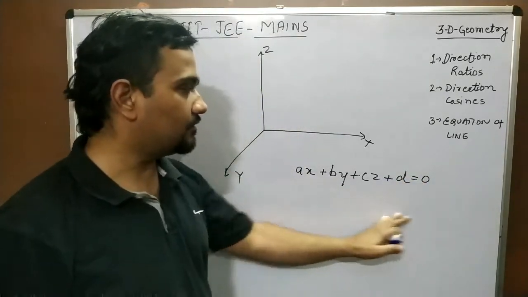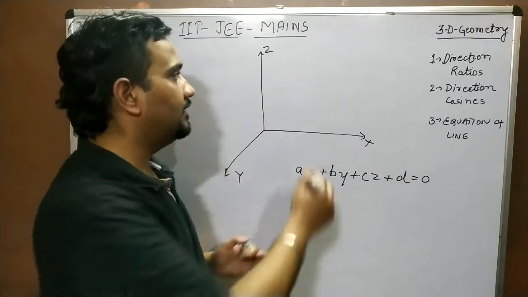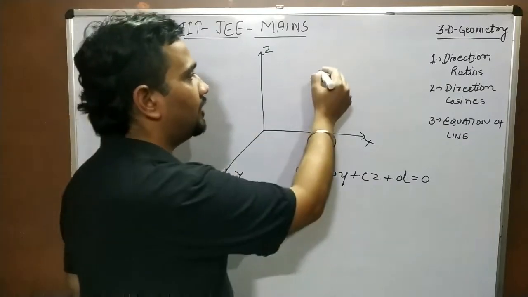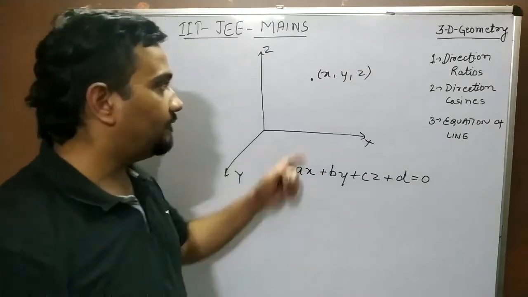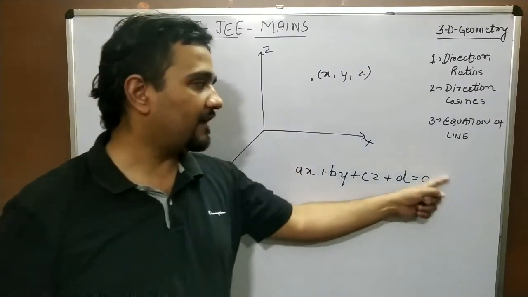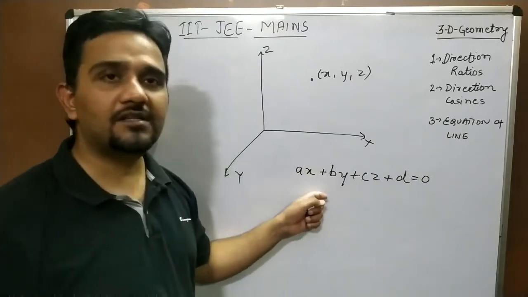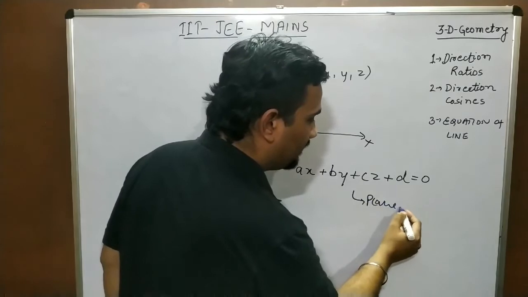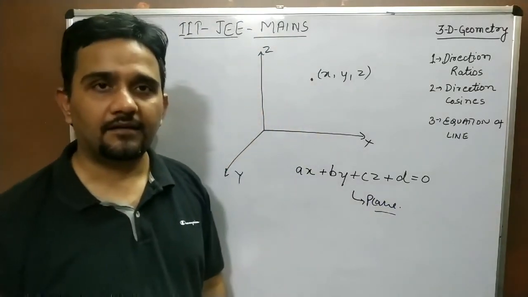So this is the linear equation of three variables, the basic equation that we can make for any point. If this point is there, the coordinates of this point will be x, y, and z, and using these three coordinates we can write the simplest form of this equation. This is a plane equation. So we can say that the basic entity over here is the plane.